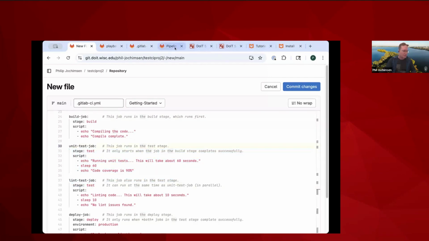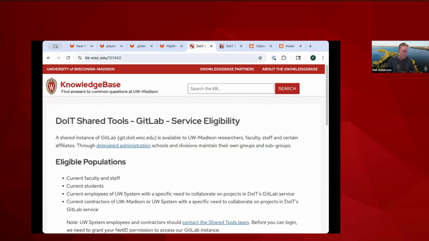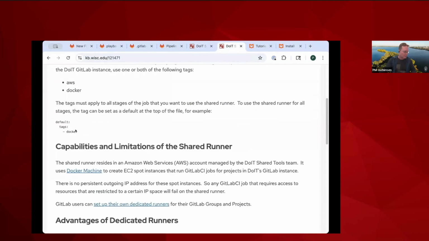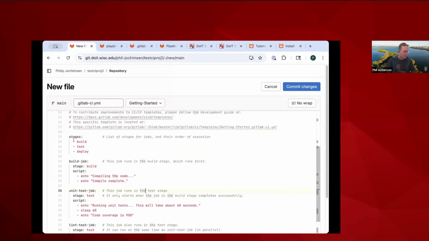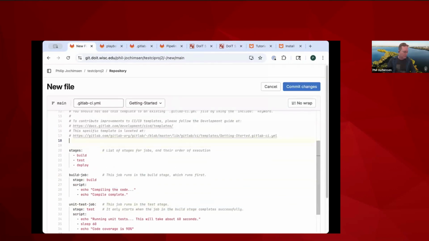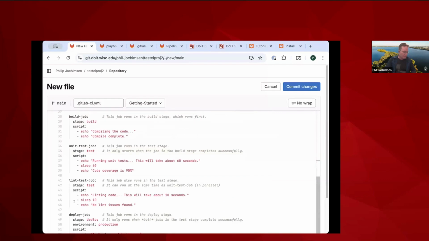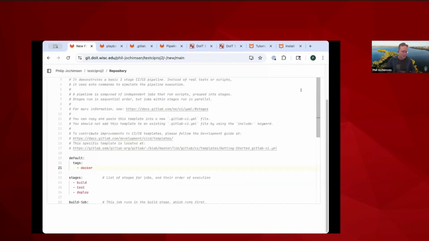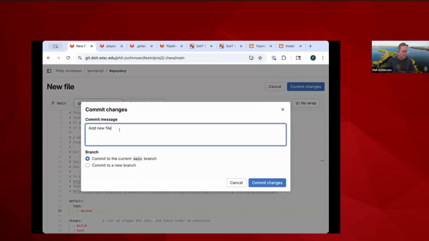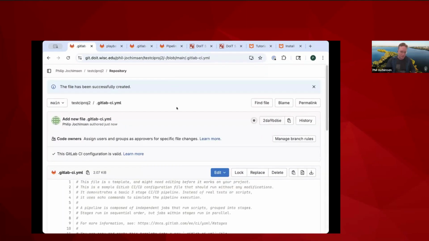And I've got one additional piece I need to grab. There we go. I'll talk about this later. This is specifically calling out to make sure the right runner actually gets it. And let's see, that should be it. Cool. I'm going to add a new file, .gitlab-ci.yaml. Committing to main,